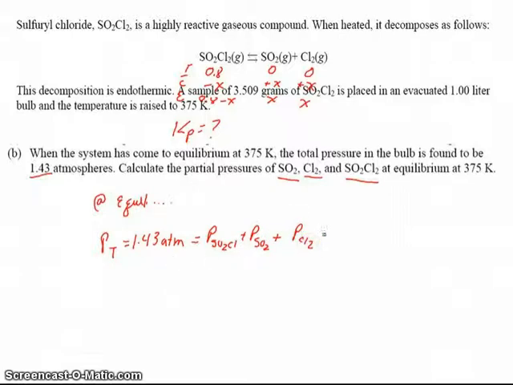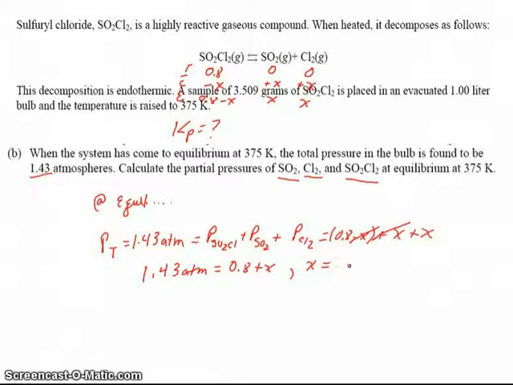So now I can just sub these things in. I know sulfuryl chloride is 0.8 minus x. I know the sulfur dioxide is x, as is the Cl2. So now I just simplify. If I have 0.8 minus x plus x plus x, I can see that one of these x's, plus and minus, will kill each other out. And 1.43 atmospheres then is equal to 0.8 plus x. And solving for x will tell me